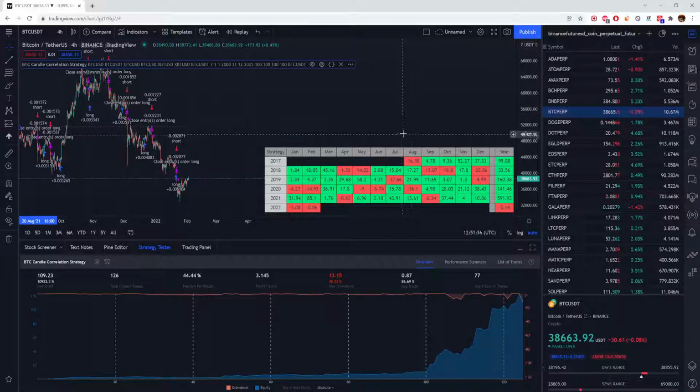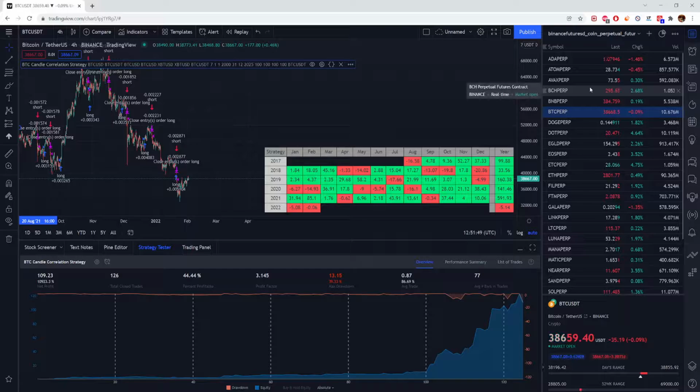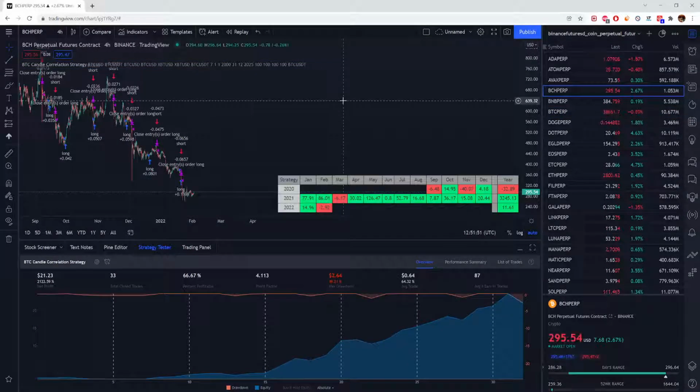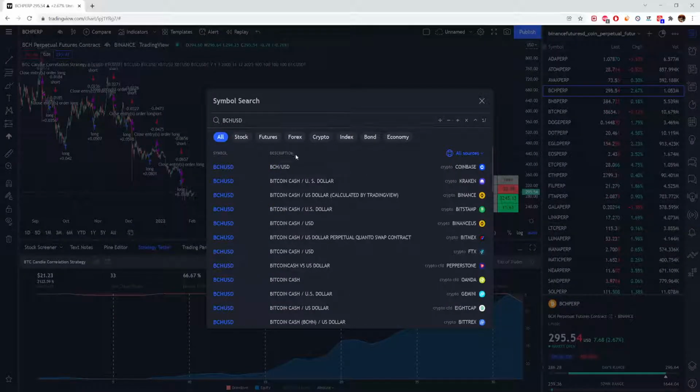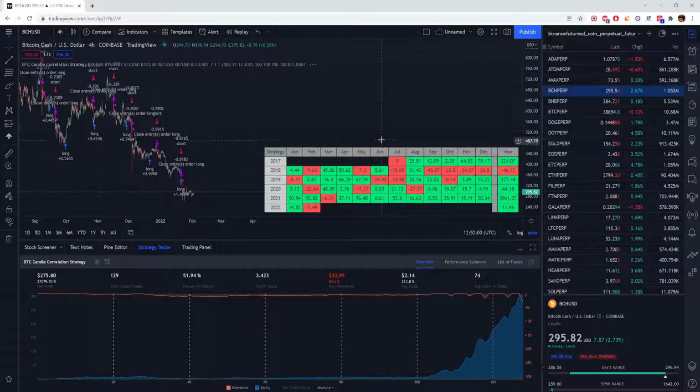You can see with 7 length, 8 length, 6 length, in general all these values are going to work. So this would be the normal BTC, but then let's take a look, for example, at Bitcoin Cash, which is highly correlated with BTC. But instead of using BTC perp, let's use Bitcoin Cash USD, so we have more range of data. And you can see for the last